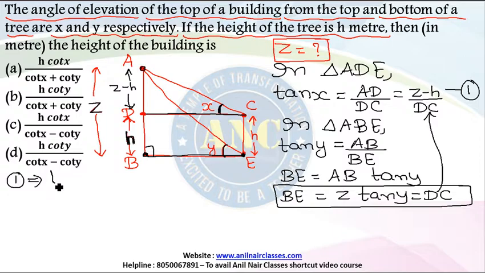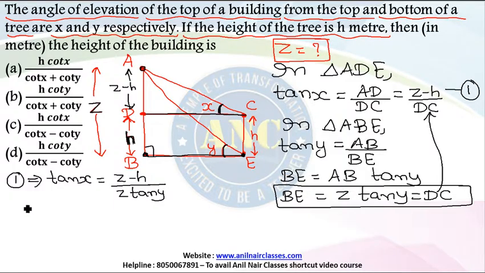So I can write equation 1 as tan x is equal to AD, which is nothing but Z minus H, over BE or DC, which is nothing but Z tan Y. Right? It is nothing but Z tan Y. Now, if I simplify further,